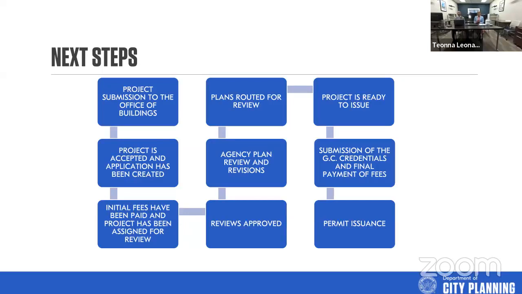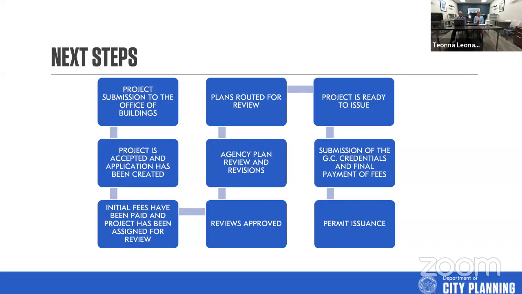The plans are routed to those agencies. The reviewers look at them and make sure that they review them for code compliance. We use the International Residential Code, IRC, for residential plans, and we are in the 2018 version currently. If it's a townhome, which falls under commercial, and it's greater than 3 stories, that is the International Building Code, or the IBC. And again, that's also the 2018, correct? That's correct. 2018 version.